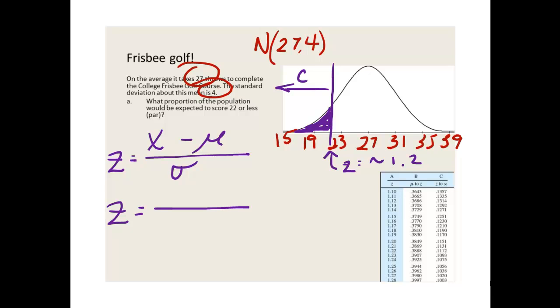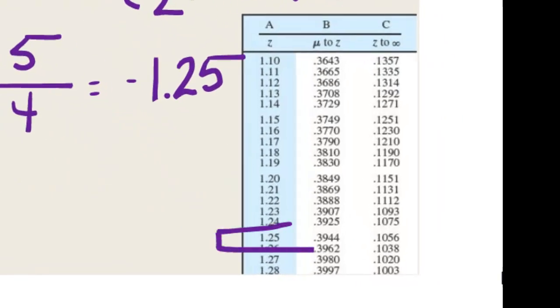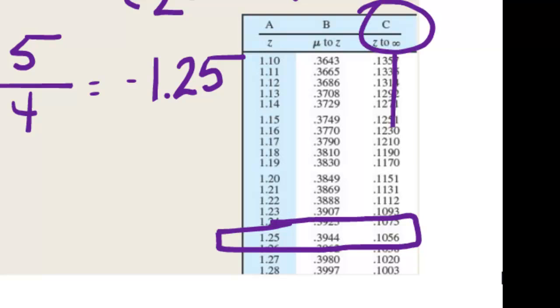Calculating a z-score, take your score of interest minus the mu. The score of interest is 22, minus mu, which is our mean, 27, divided by the standard deviation of 4. Gives you negative 5 over 4, or negative 1.25, just to remember where we are on the curve itself. We're lower than the mean. I've planned ahead, and there's 1.25, and I want column C, so that means that the area to the left of that bar is